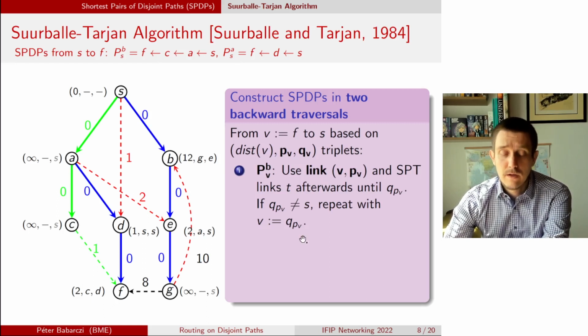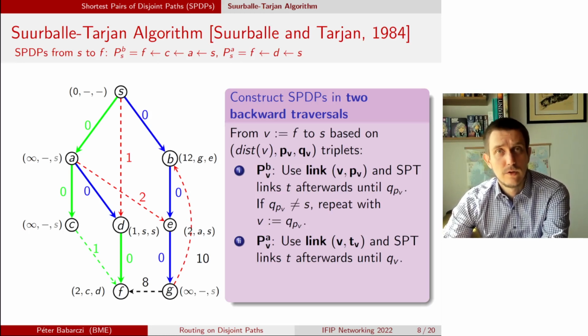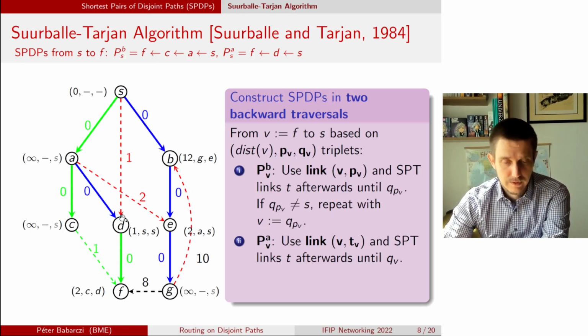FCAS path. On the second path, we start on the shortest path link of node F, going towards the node Q of node F, which is D in this case. And after, we can also use additional T links if there are some shortest path tree links, in other cases. But in this case, the Q is already equal to this secondary link. So this only contains the P link in this case.